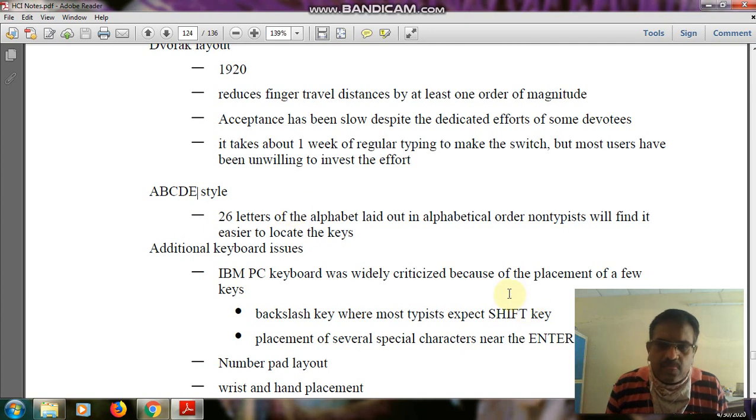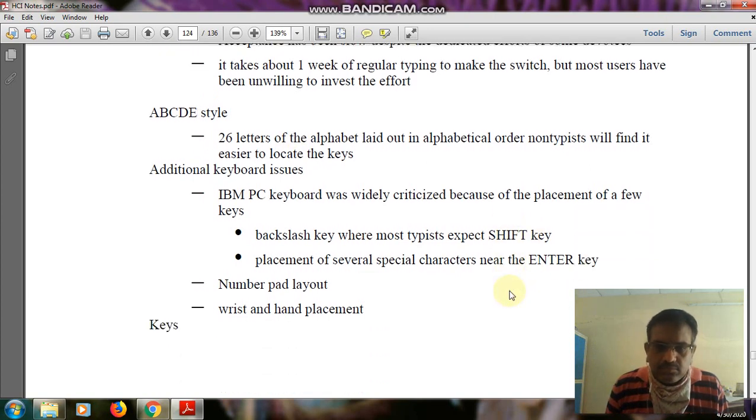Next, the layouts have various values apart from the alphabets. There are values from 1 to 9, and there are some special keys, special characters, and functional keys available.